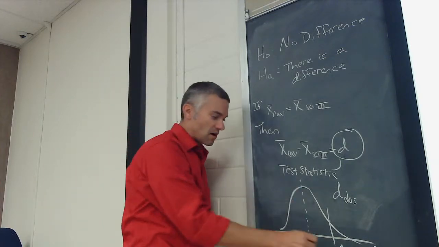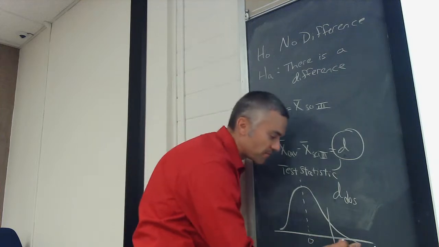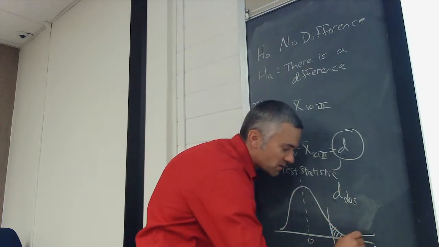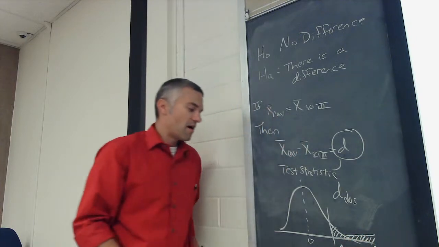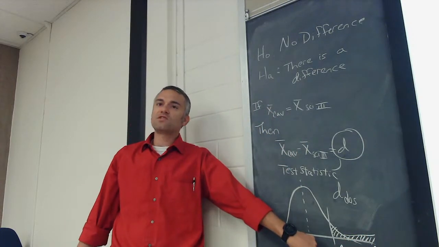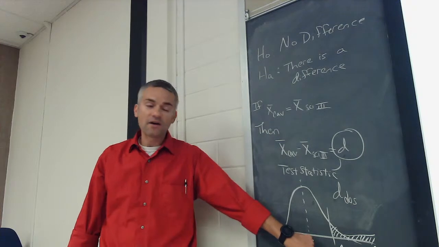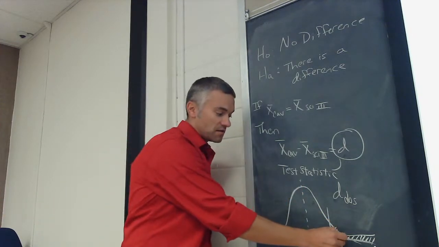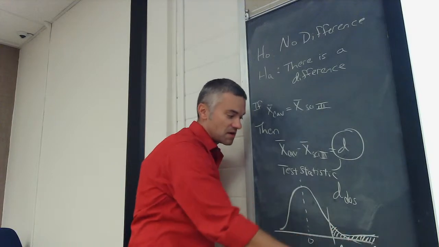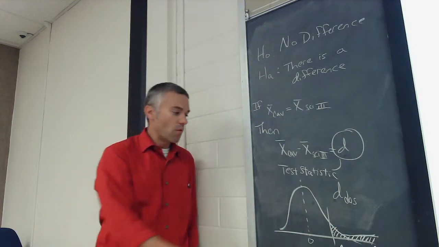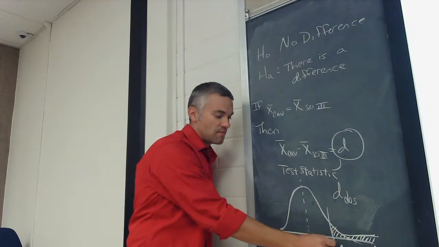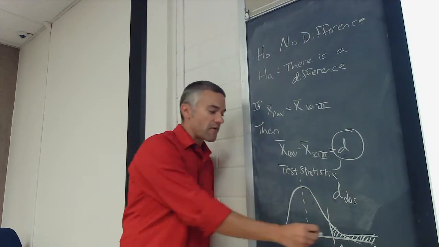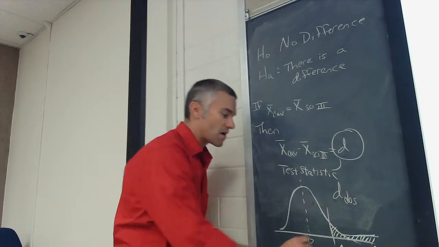Are we in the center? Are we more towards the tail? Because once we know that, then we can figure out what's the probability of getting a D observed as extreme or more extreme than this value, just by chance alone. So we're looking at our null distribution here, that histogram, to say, well, what proportion of this histogram equals or exceeds that D observed? And this area under the curve represents our probability,